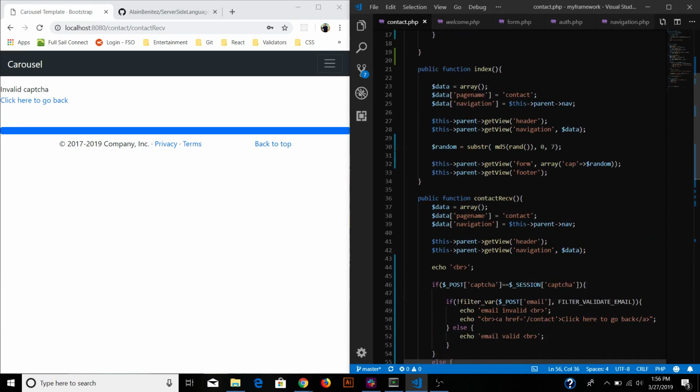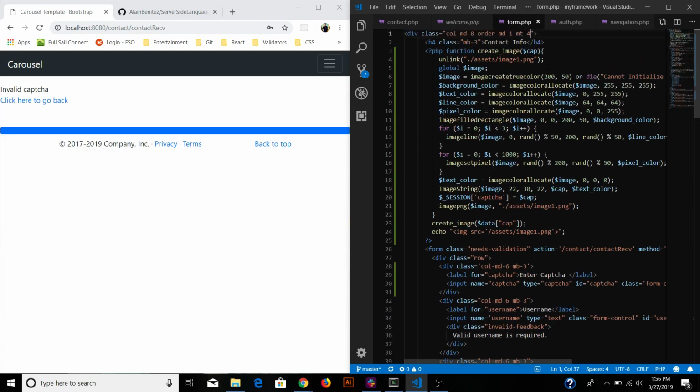So right here, it's a random variable, gets the random numbers and letters up to 7 strings, and then we pass that into the form, which then comes in here. We use it in this function, and then I save that variable into the session,